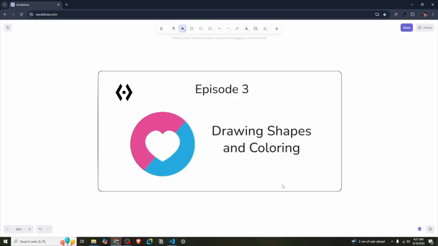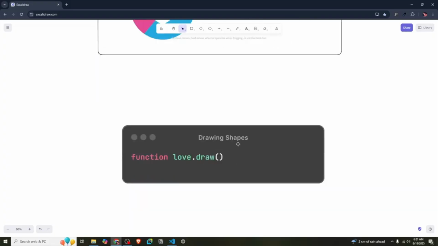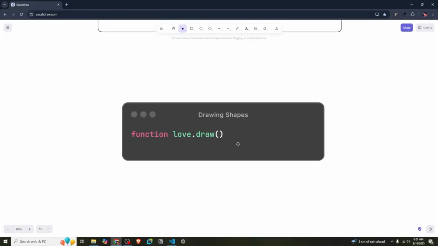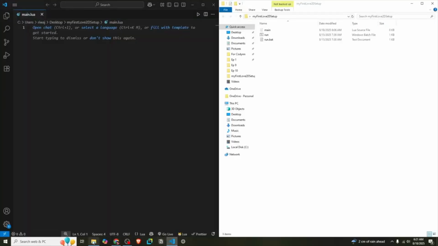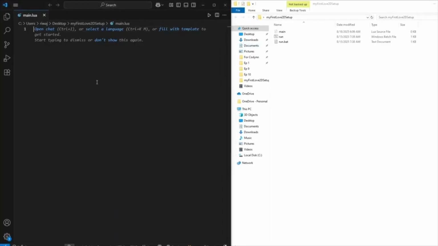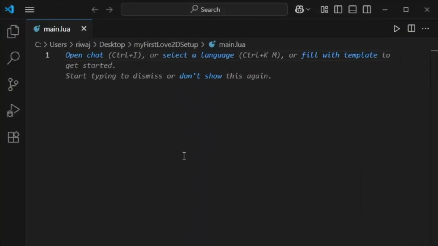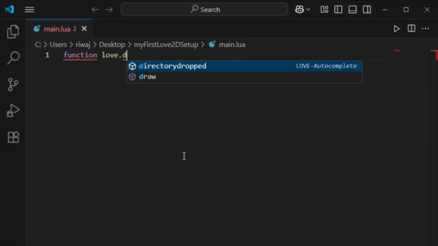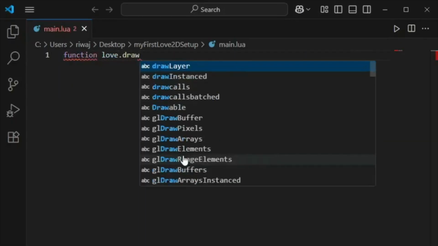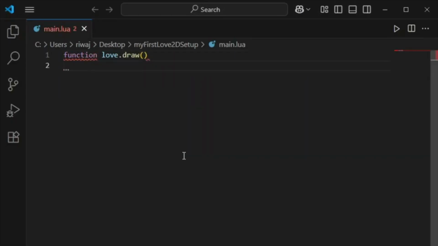Now, Love2D makes it really easy to draw shapes, perfect for prototypes, heads-up displays, or even game elements like health bars. So let's start with some basic shapes, that is rectangle, line, and circle like I mentioned, with the function love.draw. So let me open up VS Code and my project folder side by side, and I'll start coding the function love.draw. So function love.draw, and inside love.draw, I will first of all create a rectangle,